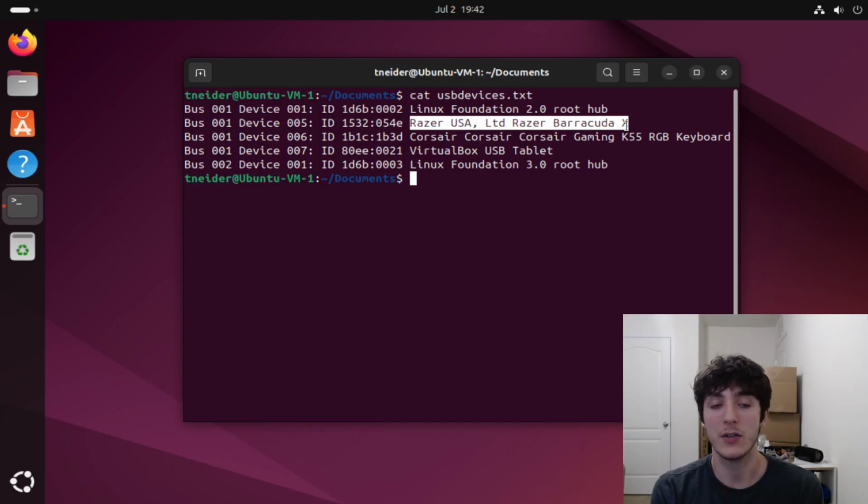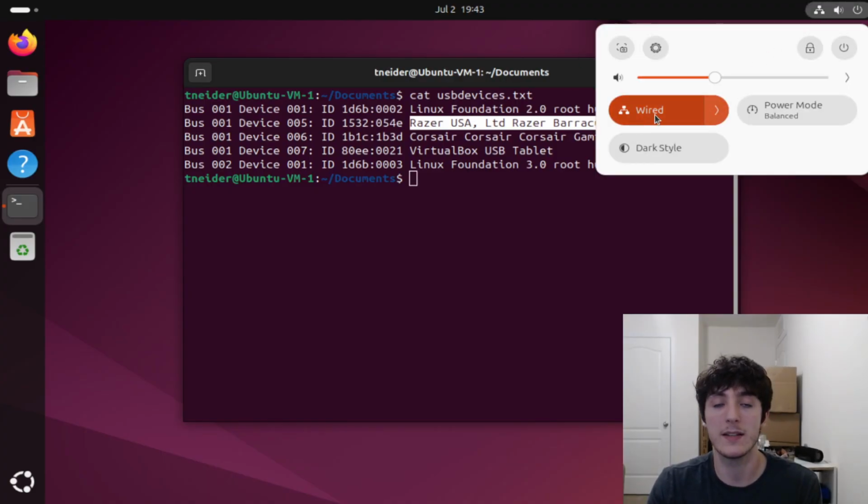maybe if you're missing that graphics card and you're wondering, why is my graphics card not working, or if you don't even know if it's working, you could always verify visually. Like we could see here that we're connected wired. We have a wired connection and it works. But if it wasn't working, in order to troubleshoot if we even had the wired connection in the first place or the module for it,